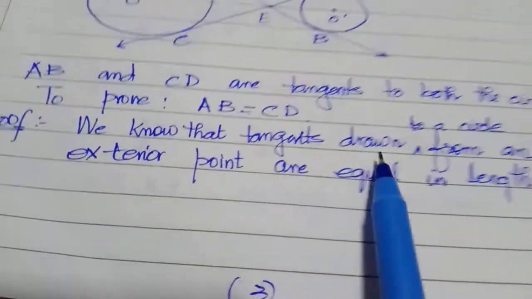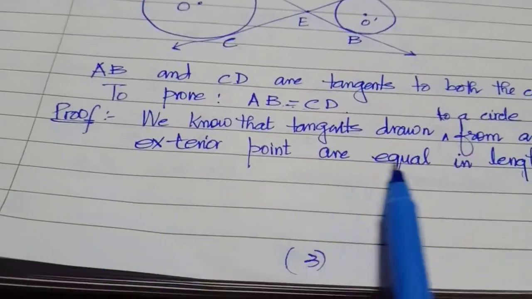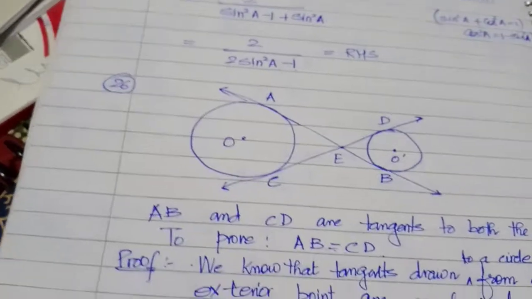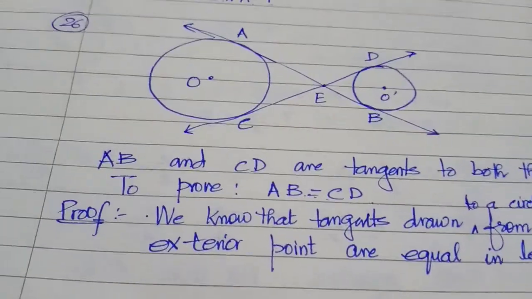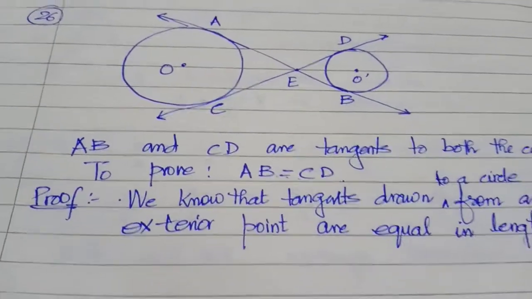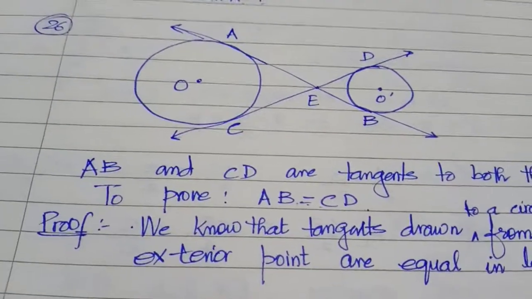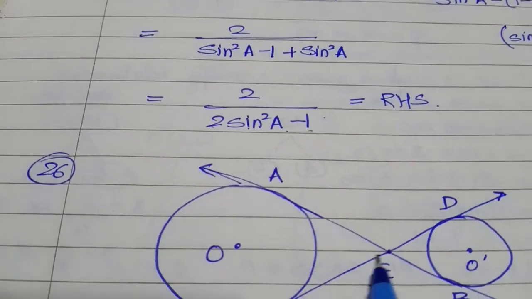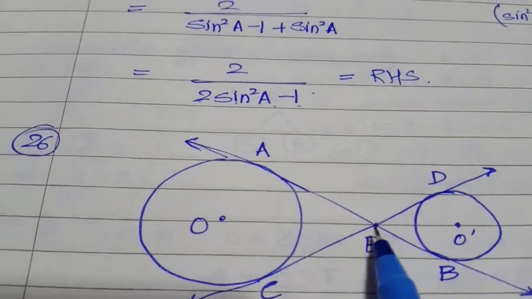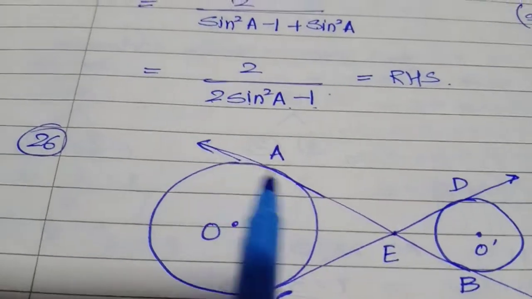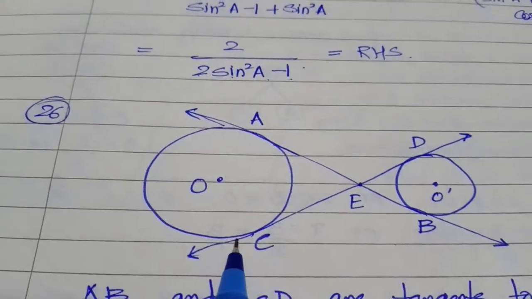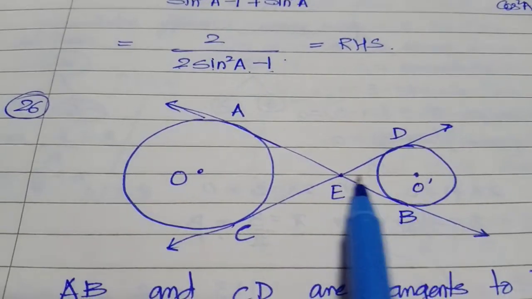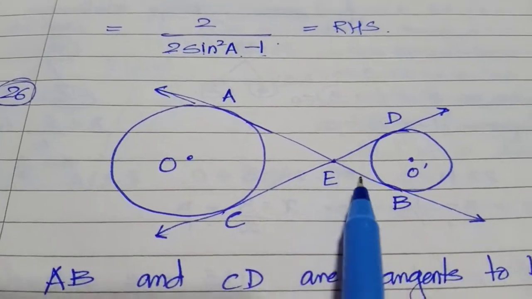So we know that the tangents drawn to a circle from an exterior point are equal in length. ये mention करना ज़रूरी है because now we have arrived at, okay, it's a 2 marks question. ठीक है, ना भी लिखेगा तो समझ चलेगा. 3 marks question में सारा explanation की ज़रूरत है. Now यहाँ से E है. So AE is equal to CE. This is an exterior point to the circle. This also becomes a tangent. So AE is equal to EC. For the smaller circle, EB is equal to ED, because for the smaller circle also this is an exterior point and these two are acting as tangents.